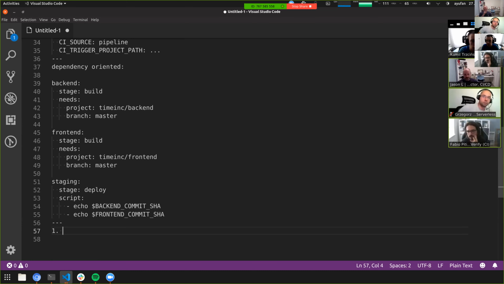So we would have, for example, something like a pipeline schedule, but more like a project dependency for the pipelines, where you define, I depend on this project, on the changes on this branch, and I inject these CI variables into my pipeline.